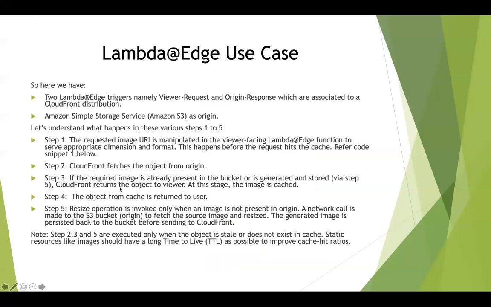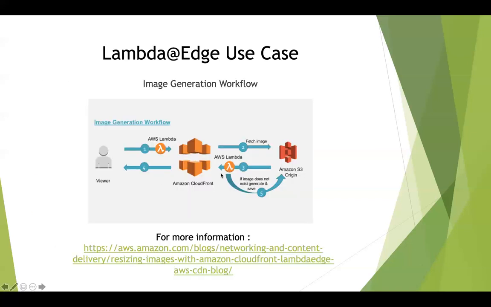But suppose the object is not cached, and the object is not stored in the CloudFront distribution. What's going to happen is, we are going to run this lambda function over here. This lambda function is going to talk to S3. It's going to fetch that object, change that image based on the dimension that was given, whether it's 100 into 100 or 1280 into 720, and save that generated image into the same S3 origin, and then cache it in CloudFront, because we saw that at this interval the function runs before it caches that object into the CloudFront cache.